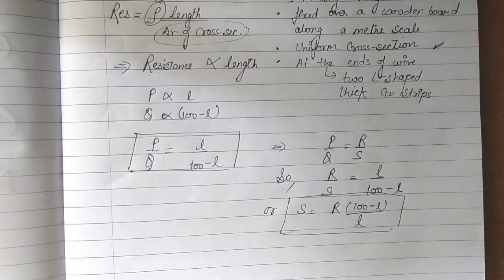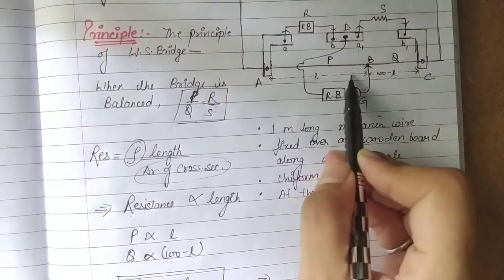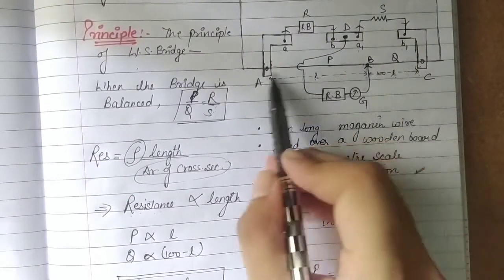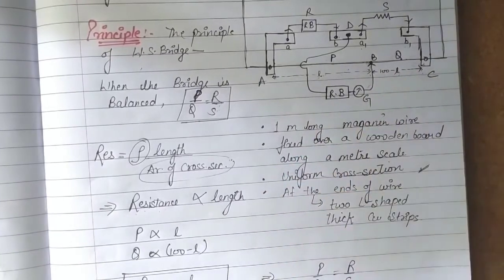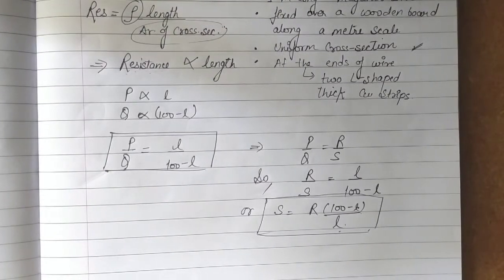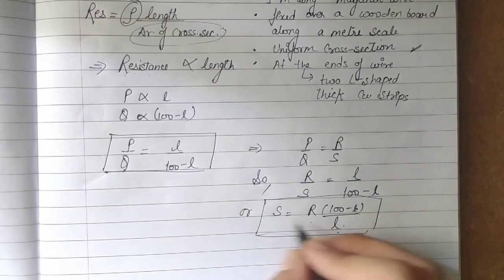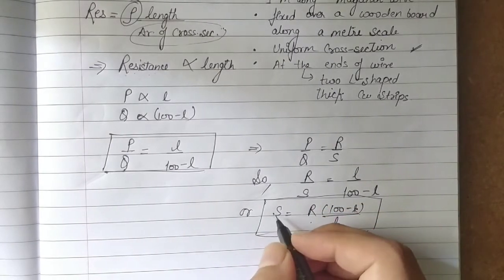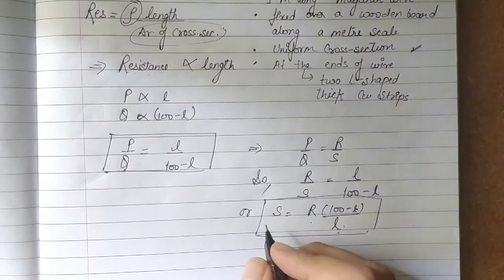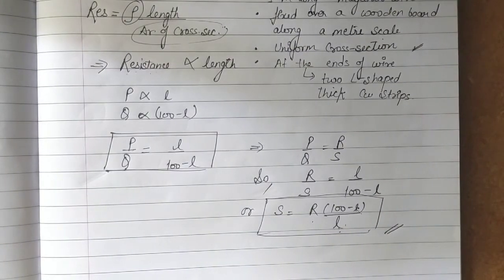Now we know small l because we are having a meter scale here and we can see on the scale कि कितना कहाँ point पर आके जॉकी रुका है, उतना length कितना है, so we can find L and 100 minus L easily. And R is the resistance that we choose according to our convenience, or according to the सेटअप कि कौन सा रेजिस्टेंस की वैल्यू वहां पर सुटेबल होगी. So we know the value of R, we know the value of 100 minus L and L. So using these values we can find the unknown resistance capital S, right? So by this formula the unknown resistance capital S can be determined.